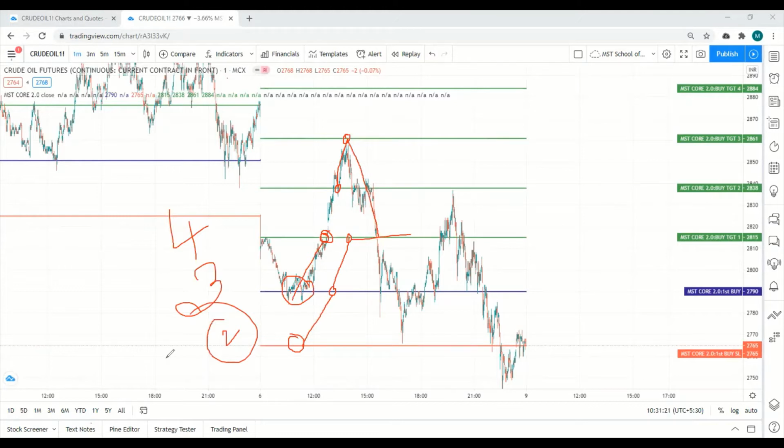So this is how you have to trade. If you have taken 4 lots, book the third lot at the third target, then move your stop loss to the third target and wait for the fourth target. So only one lot is left here. Even if you are losing, you will lose the trade at this place, and already you have booked 3 lots with a good profit.